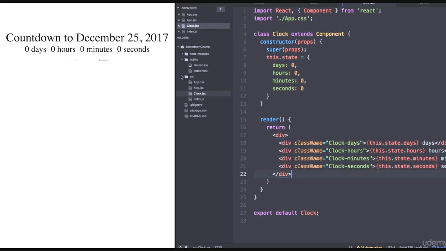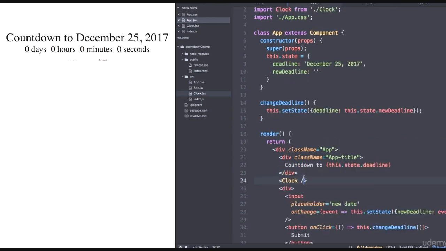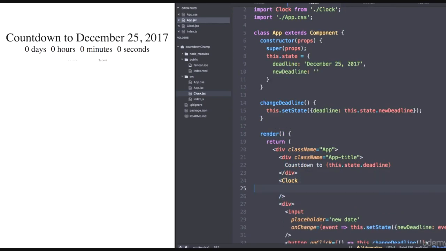To do so, we'll need a way for the clock component to recognize the date set within the application, the parent component. We can take advantage of something similar to state called props in order to do so. Similar to state, props refers to some data within the application. However, with props, you pass data or state to child components from parent components. Meaning, I can specify a deadline within this clock